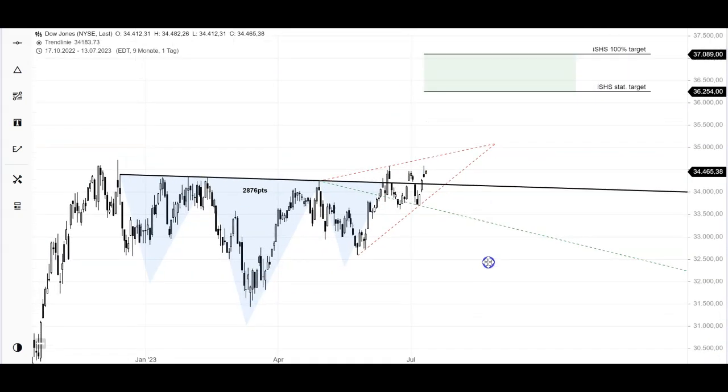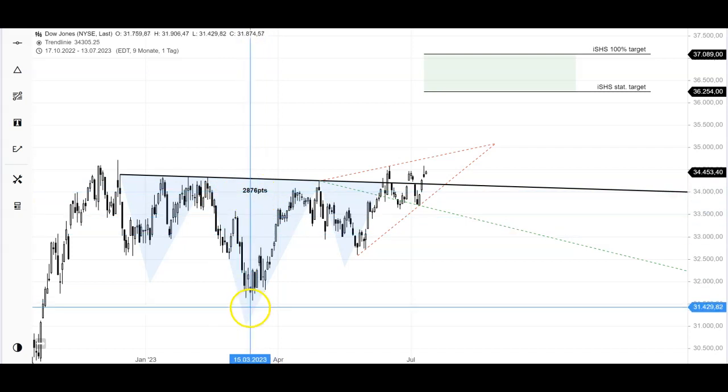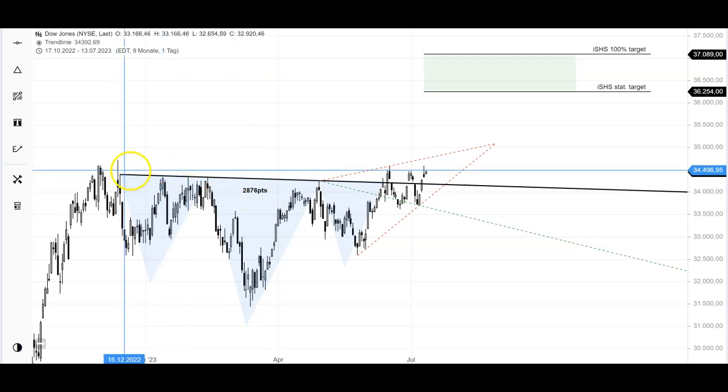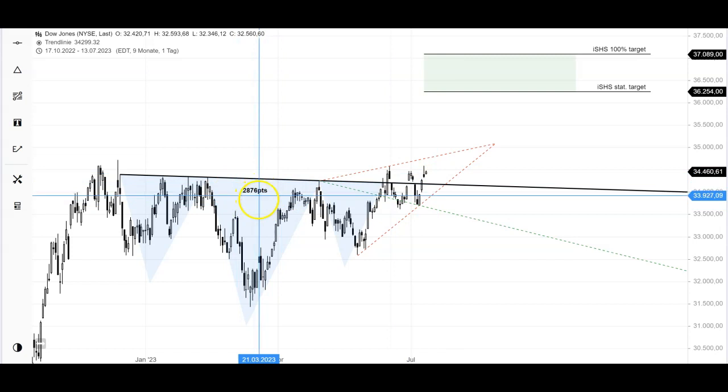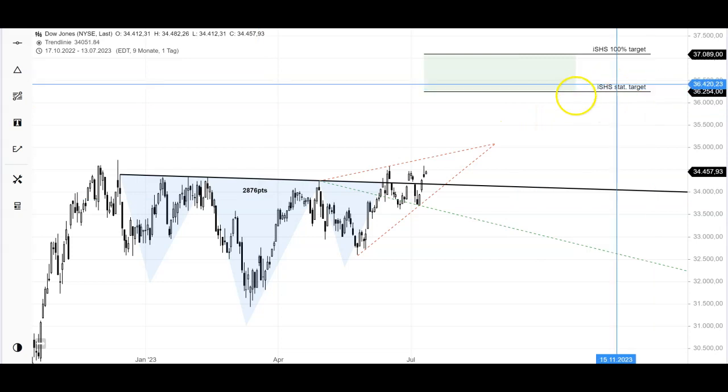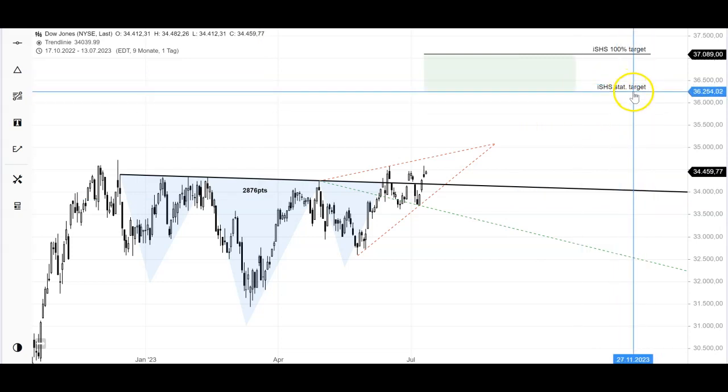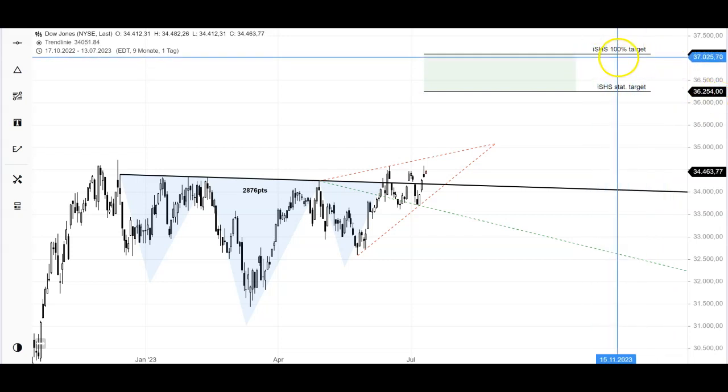And just talking about that pattern here, we got an inner, or the greatest height, of 2,876. You measure that from the low of the head, and then whatever that slightly declining neckline is giving you, and you end up with 2,876 if you do it very precisely, like I do. And the statistical move is 71% of that greatest height, and you end up at 36,254, and the 100% move would be a new all-time high just above